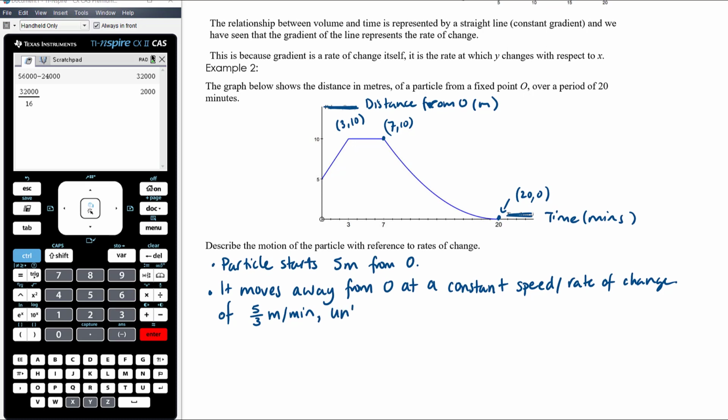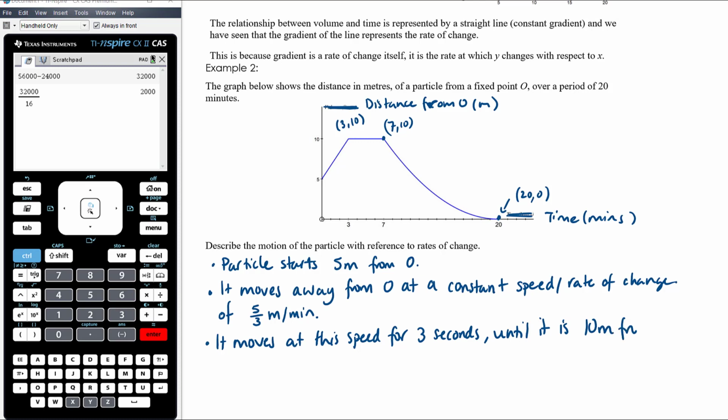Let's make a new dot point. It moves at this speed for 3 seconds or until it is 10 meters from O. Okay, so then we have the next section of the graph is horizontal. So we can see when it's horizontal, we can think about a couple of things. Obviously that means that during that 4 minute period, sorry, that's not 3 seconds in the previous dot point, that's